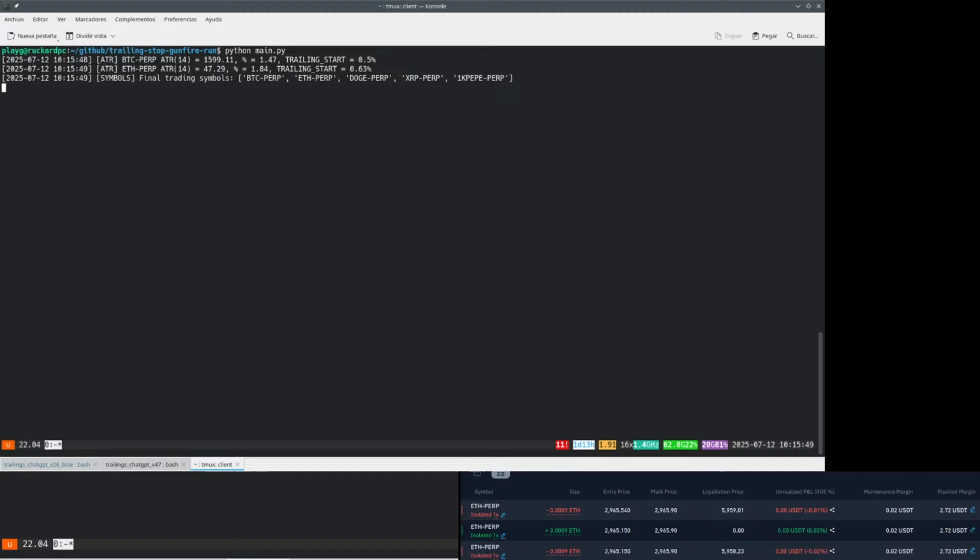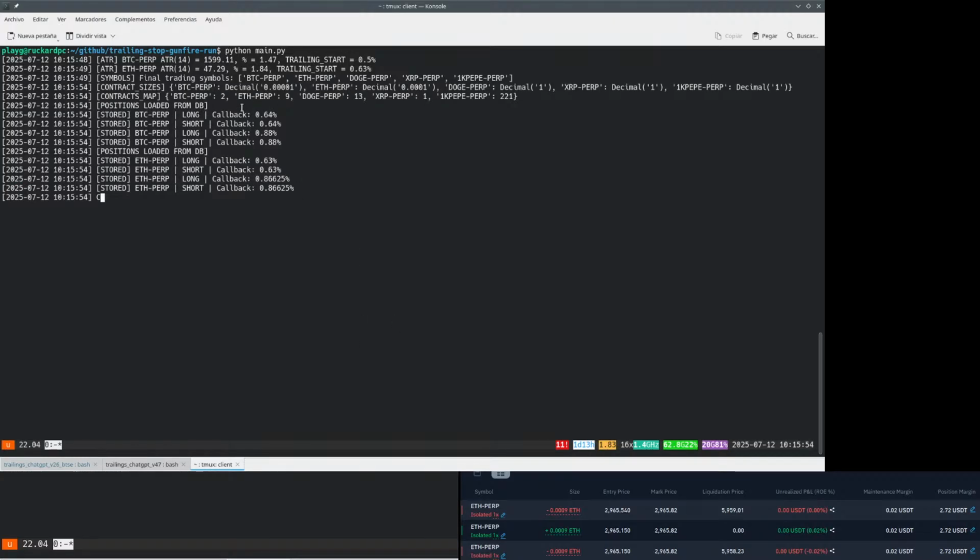Let's see real quick. Final trading symbols are this one here, and then contract sizes. Okay, and then there's the contracts map. So apparently the XRP price is bigger than BTC. So BTC is 1.10. So XRP might be $2, and maybe as XRP does not have decimals, so it's $2. So that's why. In any case, what we want to be fixing right now